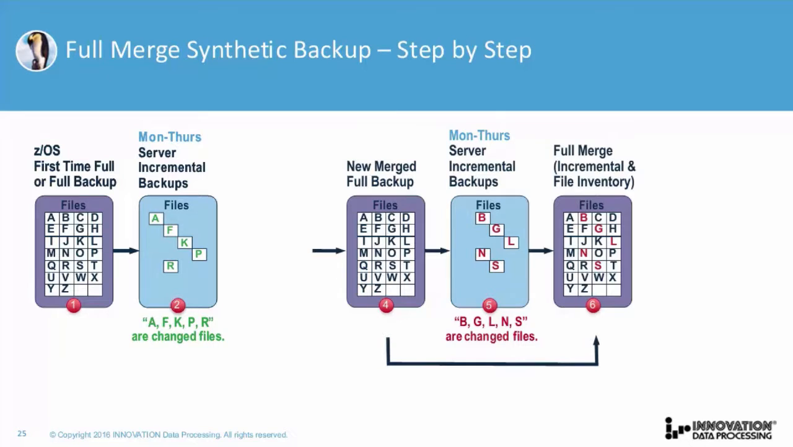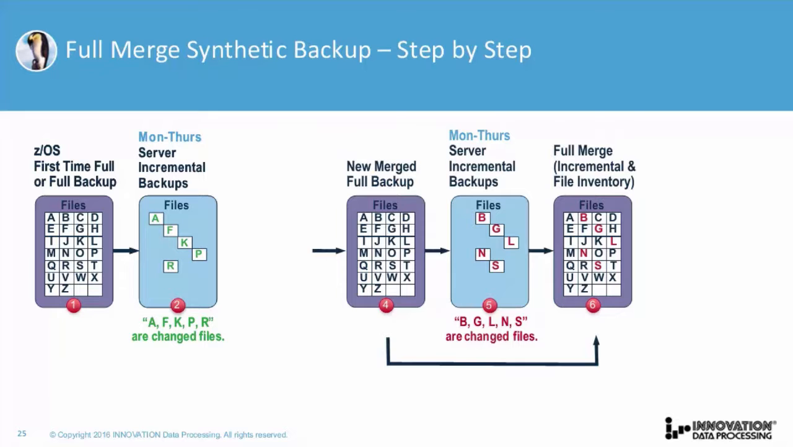Step number 6, another full merge is run. Server files changed since the last incremental backup are copied onto this full merge data set. You can think of this again as today's incremental data. These files are again colored red. And then the remaining server files are copied from the prior full backup onto this full merge. This backup can now be used to restore any and all files from the single set of tapes that contain